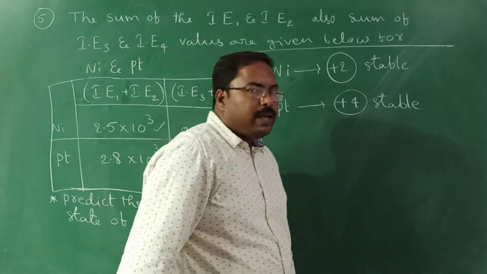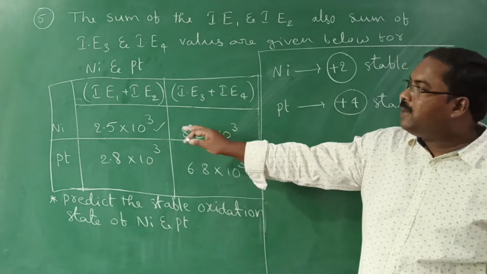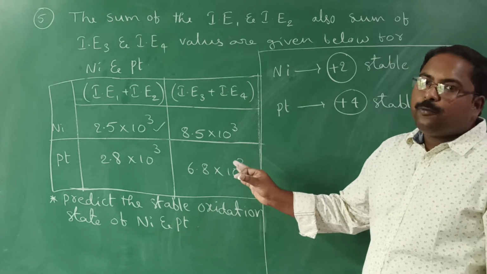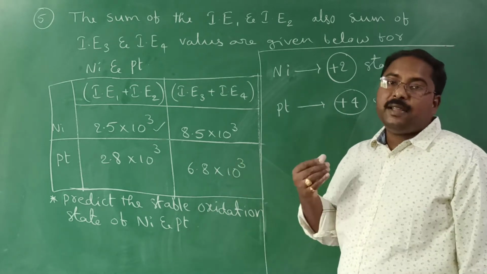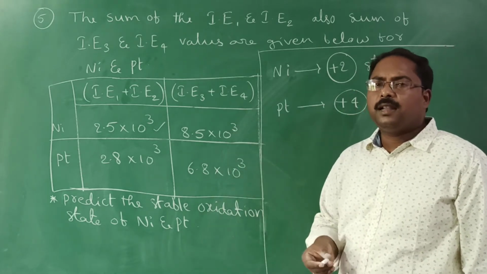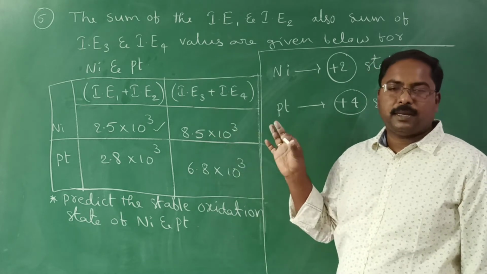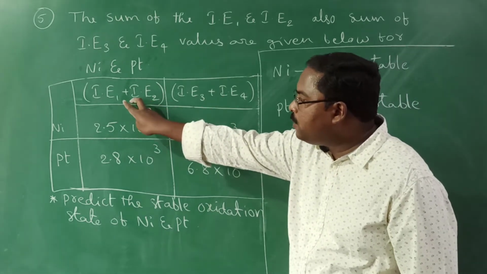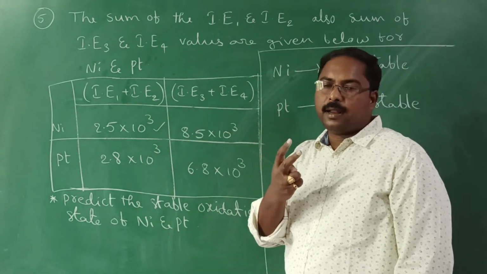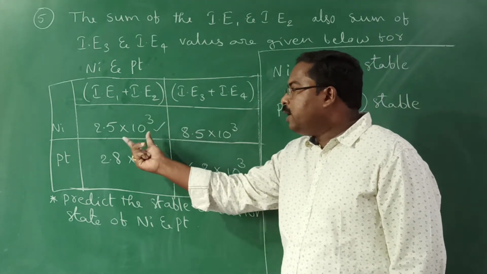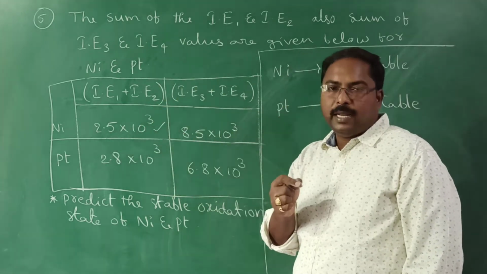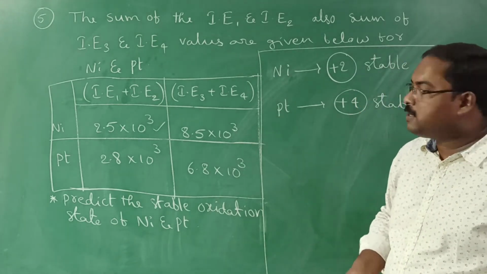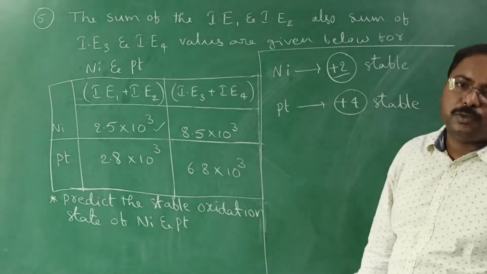This is a very rare way of questioning, but it was a previously asked question in the JEE exam. It is not a tough question, right? But the first time we look at the question, we feel it will be a slightly confusing concept. But if you observe the values keenly, the first 2 values are regarding the losing of 2 electrons. To lose the 2 electrons, nickel requires less energy. It means nickel is more willing to lose those 2 electrons, so it is more stable in the +2 state.